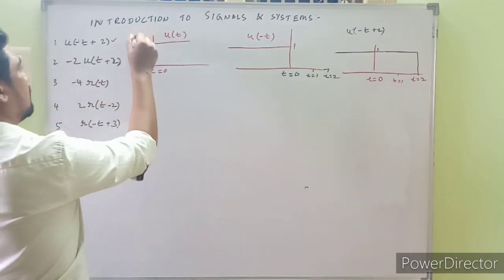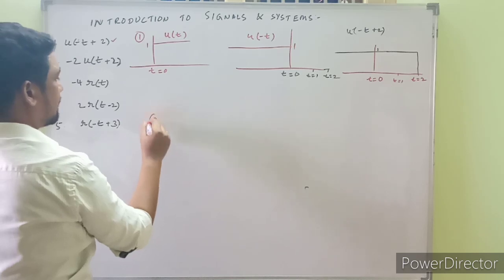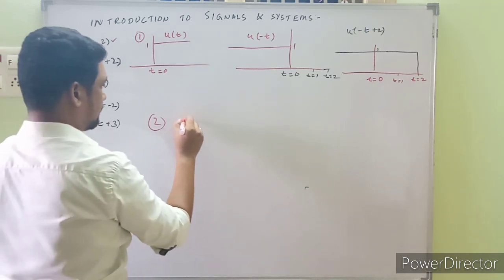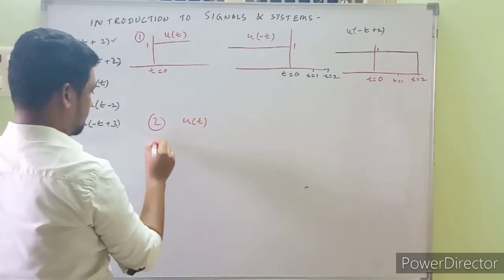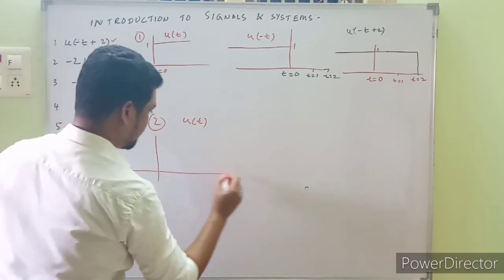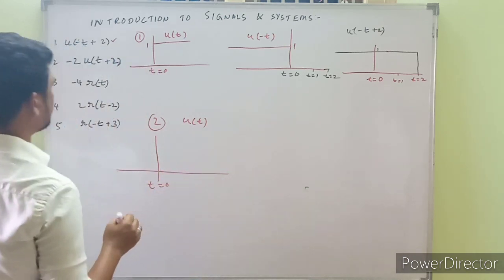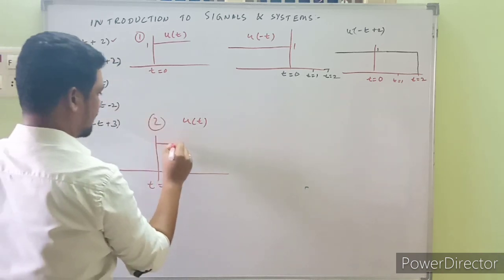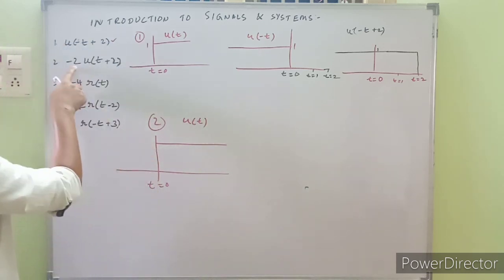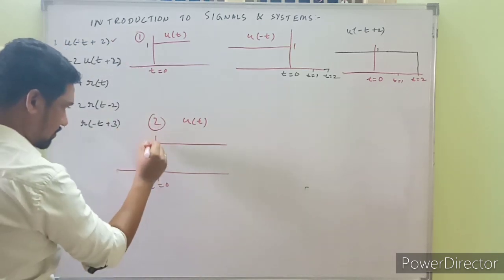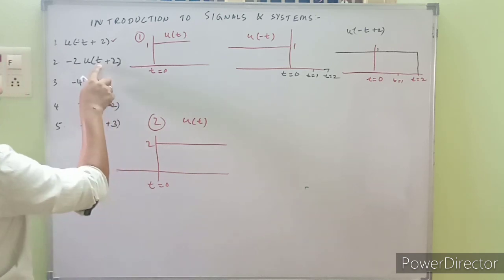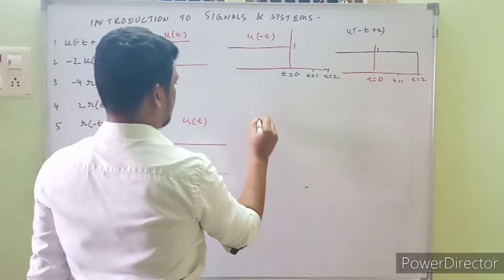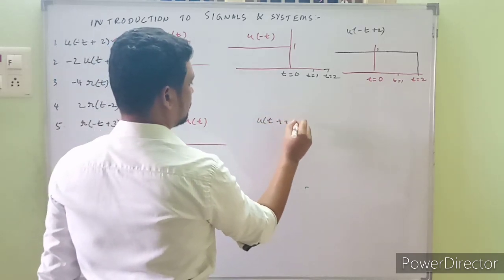This is for the first one, and sketching the second one, this is for the second one. It would be better drawing u of t even for this one. U of t is this, right? The sketch will be like this one, commencing from t equal to 0, a step function like this one. This is the amplitude, with what amplitude? It's this. Now this is 2, and next we have u of t plus 2,